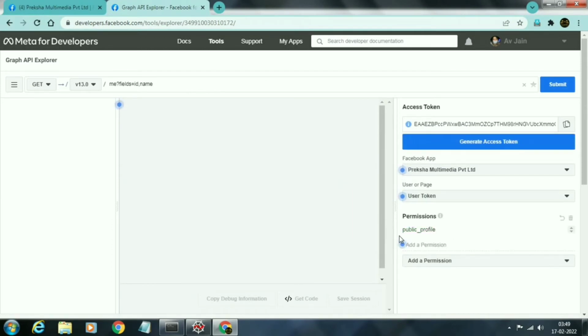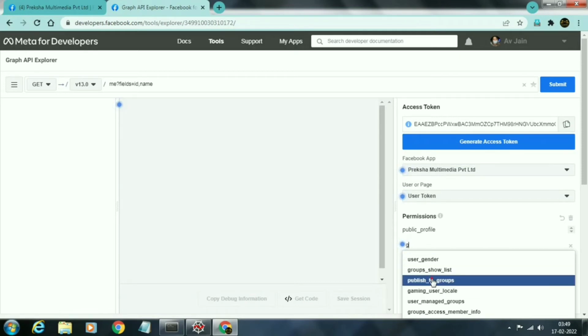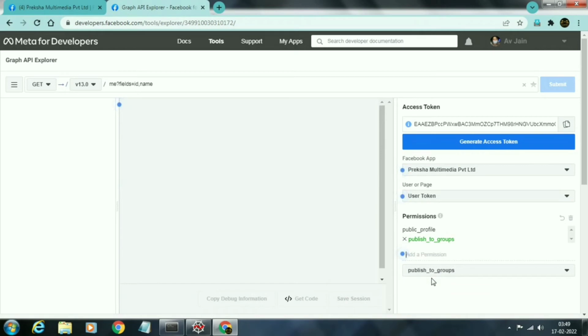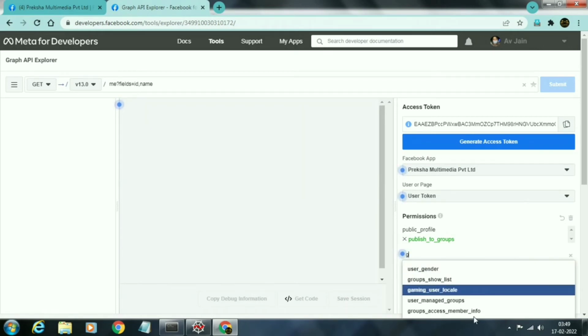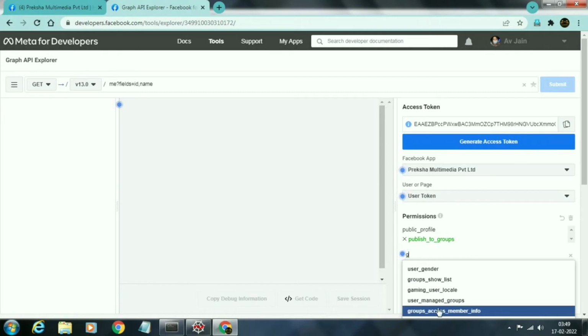Now it's time to give different permissions. By default the permission is public profile. The next permission is publish to groups. This is the second permission, and then you will have to add a third permission, group access member info.